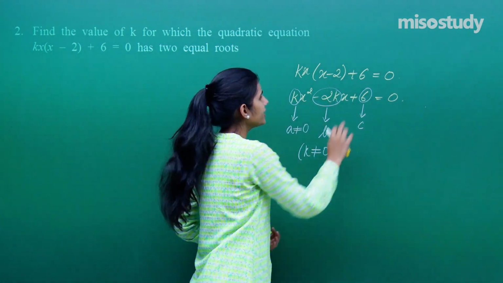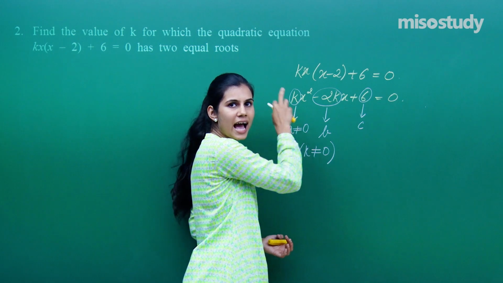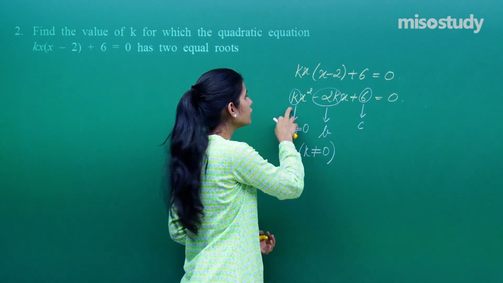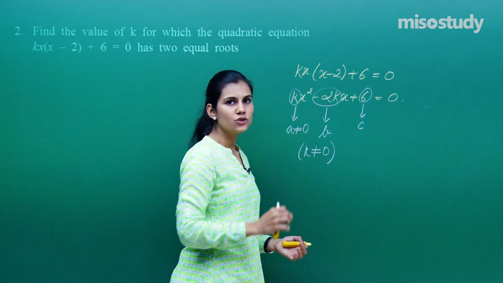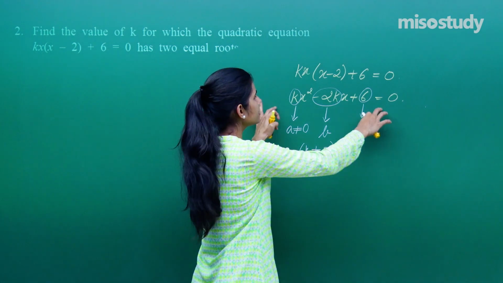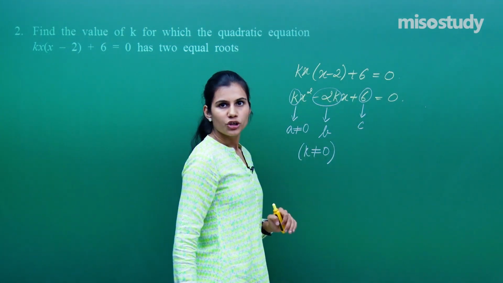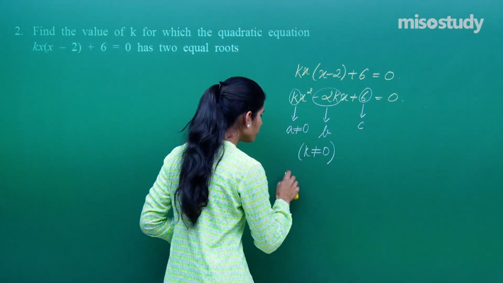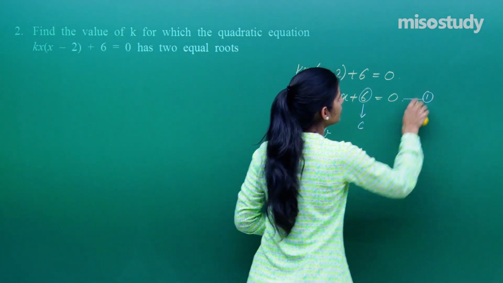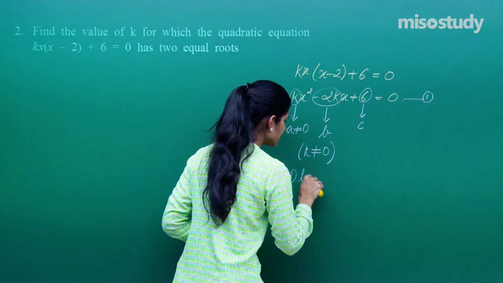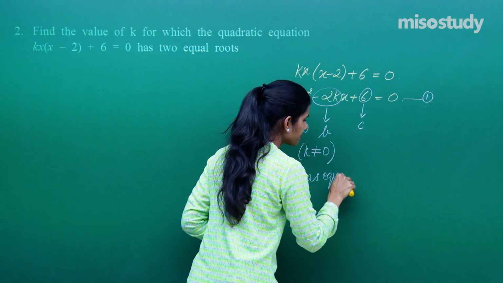So if this is a quadratic equation, the coefficient of x square has to be not equal to 0. If the coefficient of x square here is k, that means k is not equal to 0, because it is given to you that this is a quadratic equation. So this is there. You know, if this quadratic equation has equal roots, I'll write 1 has equal roots